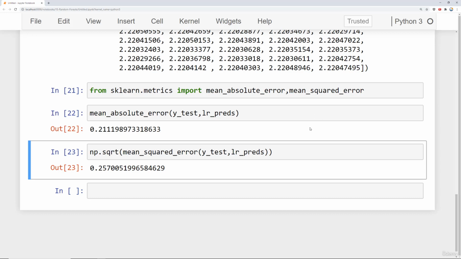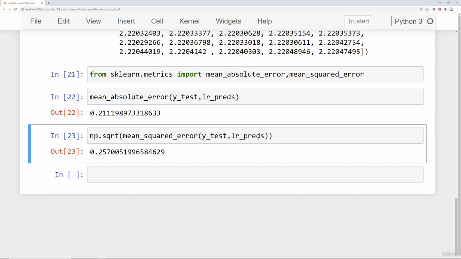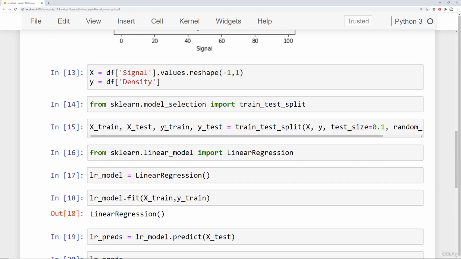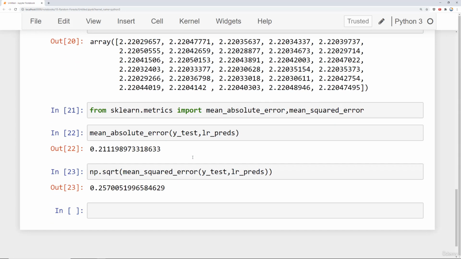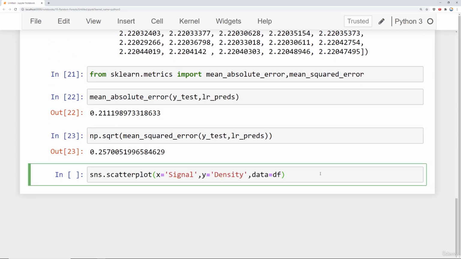Since we're fortunate enough that we only have one feature, I could easily plot out a predictive model for the signals I expect between 0 and 100. So if I scroll back up here, recall I have this particular plot, which I'm going to copy and paste. And let's go ahead and say